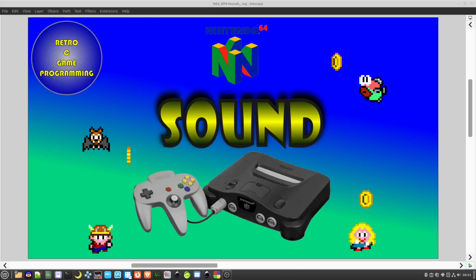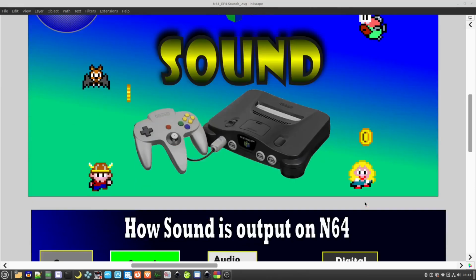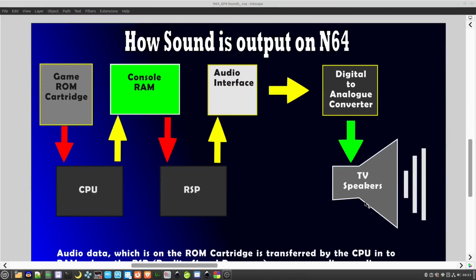Hello and welcome to my N64 video on using sounds on the N64. In this video I will go over how to add some music and sound effects for playback on the N64. So first off, there are